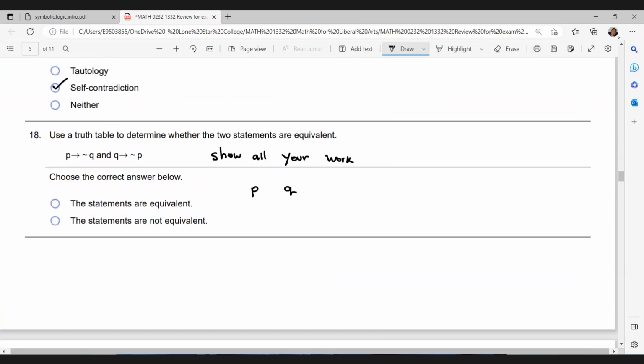I will have a not Q column here. And then we have another column here, which is P, if P, then not Q. Let me try to do this real quick. True, true,